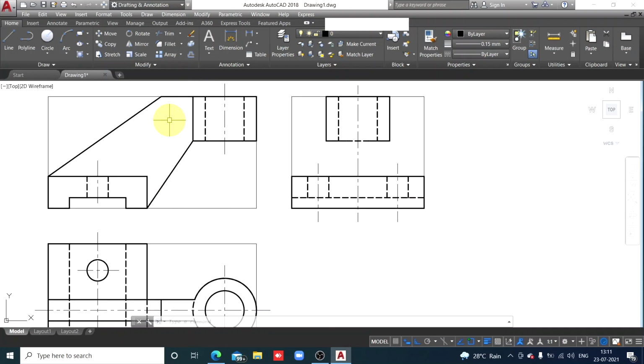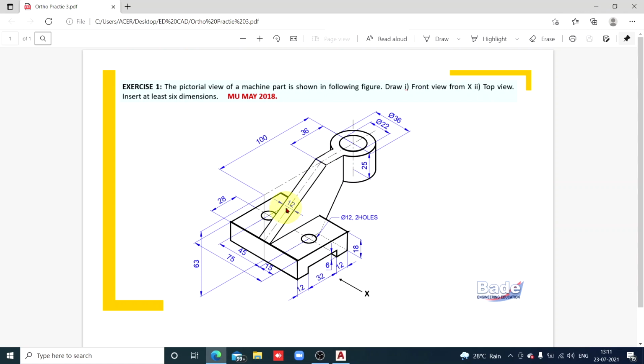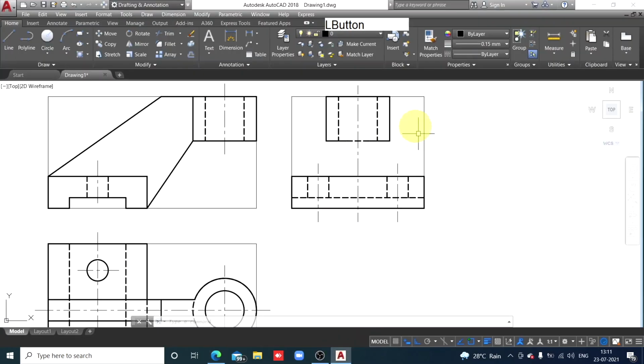Check here, height of the plate from top of the plate to bottom of the plate. This plate, this thin plate connecting base plate and cylinder. We are talking about this plate. Again, thickness of this plate is 12 millimeters. Thickness is parallel to width. Width is vertical. Thickness 12 millimeters is parallel to width, and width is vertical in the top view, and in the side view that width is horizontal and the side view is symmetrical.